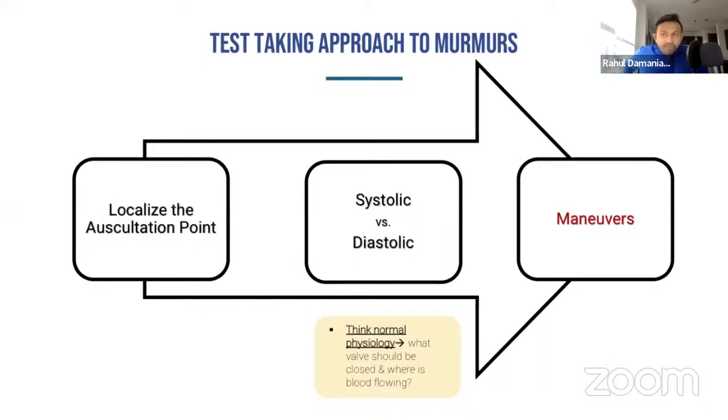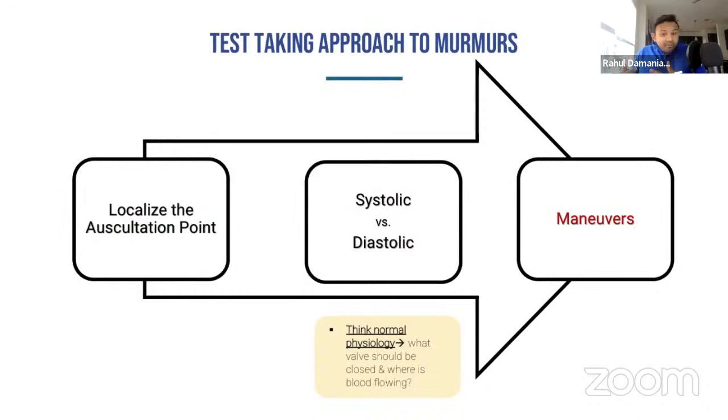Okay. So if you said in systole, aortic valve is going to be open, you're absolutely correct. So if there is stenosis of the aortic valve, you will hear that in systole because the aortic valve is supposed to be open in systole. Now, what valve should be closed? The mitral valve in systole should be closed. So if there is an issue where the mitral valve is open, that is pathology. And so a systolic murmur, along with the aortic stenosis, is mitral regurgitation.